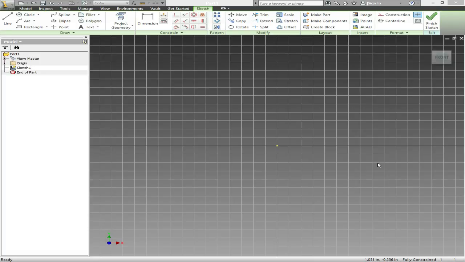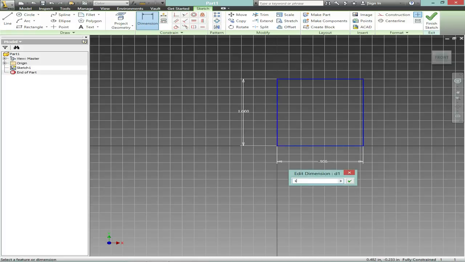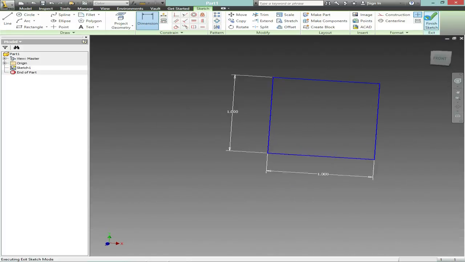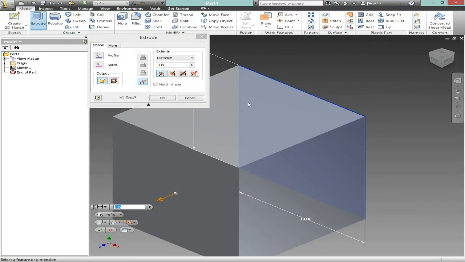So in this episode we'll be focusing on how to make assemblies and drawings. So first we'll start off with a simple part. I'll just make it a 1 by 1 by 1 cube. So I'll dimension this side to 1 inch and do the same with the other side. I'll extrude it to 1 inch,